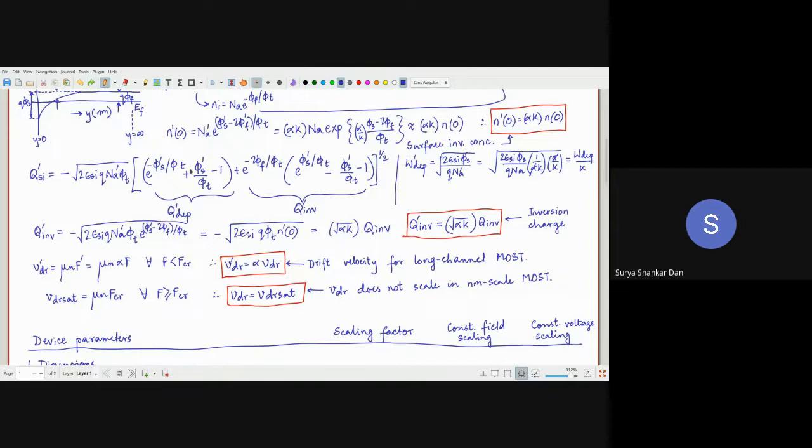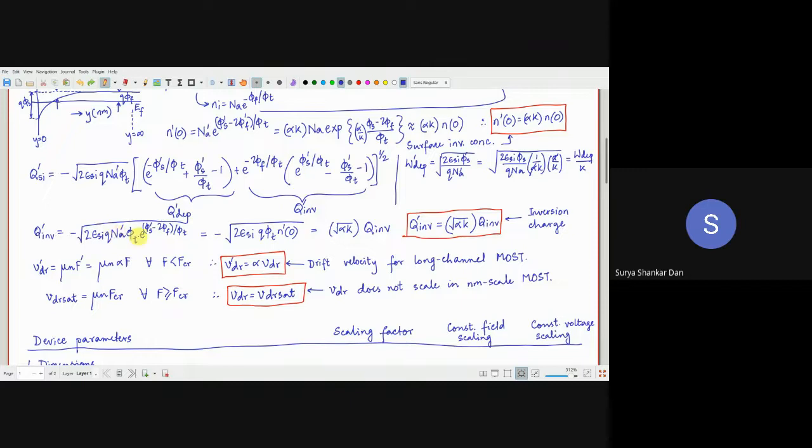Very good. Now we will look into the inversion charge. Now the master equation, again, all of you are aware of it. So QSI is equal to this whole factor, out of which the right hand side factor here is essentially the inversion charge. So this Q inversion is equal to minus of this whole thing, root over twice epsilon SI Q Na dash phi t. Na dash because it is a scaled one. And out of this factor in the strong inversion region, phi s dash minus 2 phi f is what will suffice. And there is a to the power half, so I have put it underneath the root.